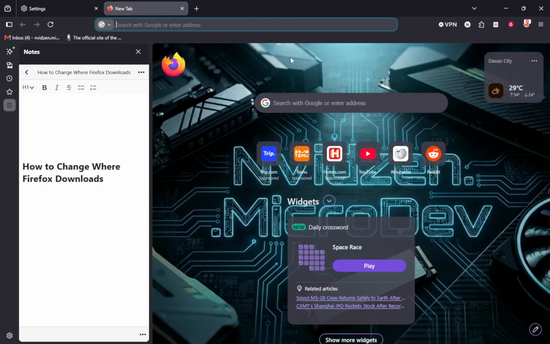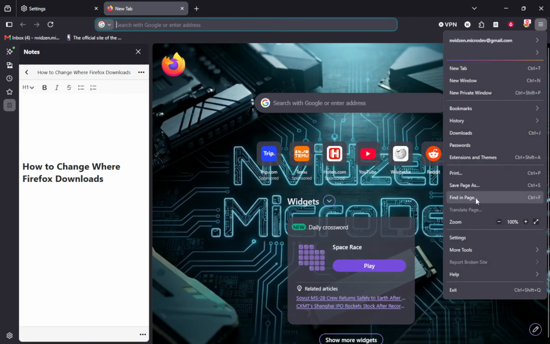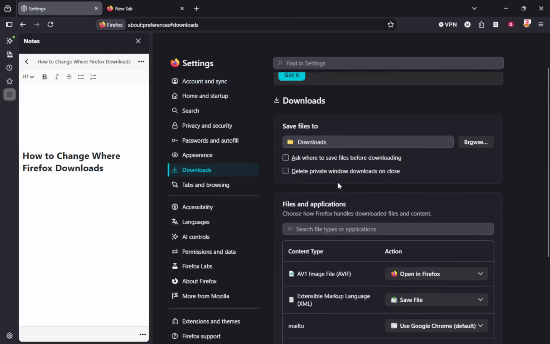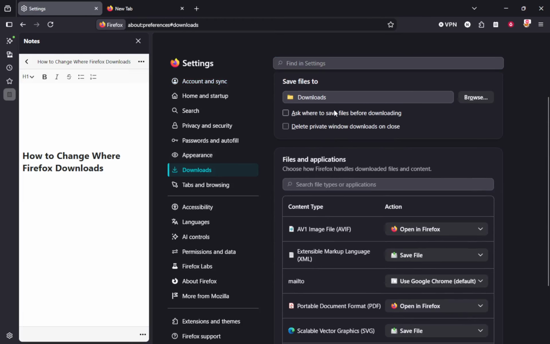If you would rather choose the location each time, stay in Firefox and in this same Settings tab, look again under Downloads, then Downloads. You are already on the right page, so you do not need to open anything new. Just keep your eye on the Files and Applications or Downloads area, where the download behavior options appear. Scroll to Files and Applications, or Downloads, until that section is fully visible. Then check the option that says Always Ask You Where to Save Files.